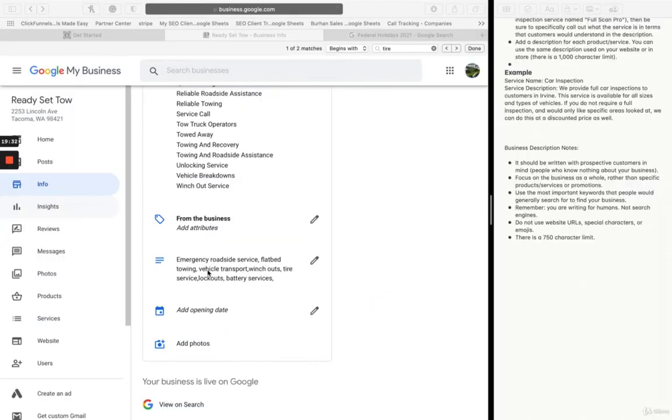So for the business description, think of this as the elevator pitch. So this is going to be really important, so make sure you write it well. And I've actually given you a couple notes that you should keep in mind when you're